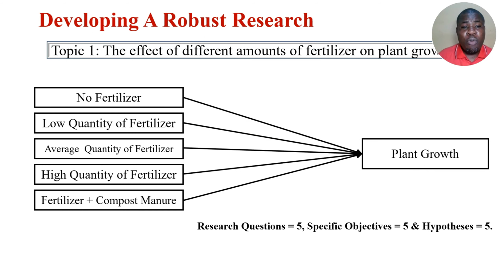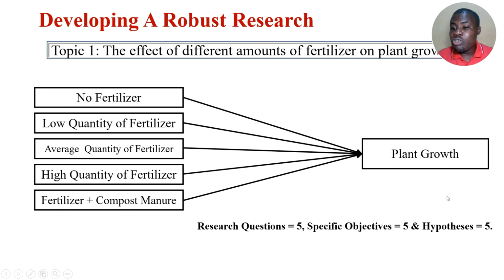Alternatively, I can decompose the independent variable, which is the amount of fertilizer application, into 5 constructs, which may be no fertilizer application, low quantity of fertilizer application, average quantity of fertilizer application, high quantity of fertilizer application, fertilizer plus compost manure application. So I now want to see how each of these 5 dimensions or constructs of fertilizer application